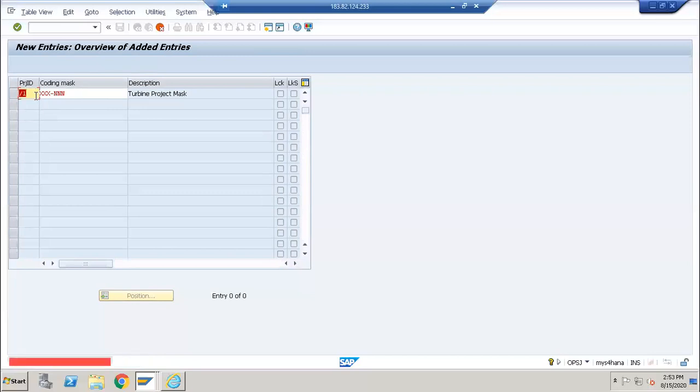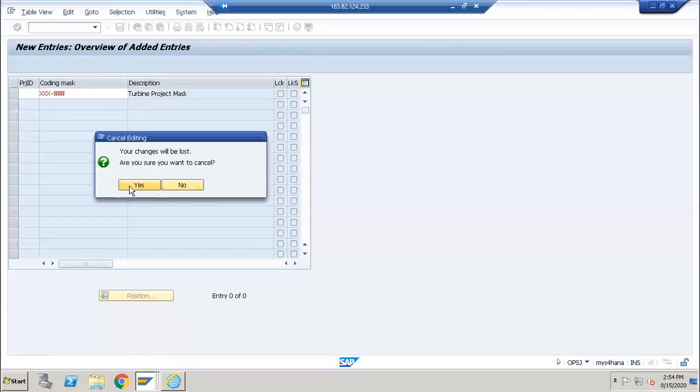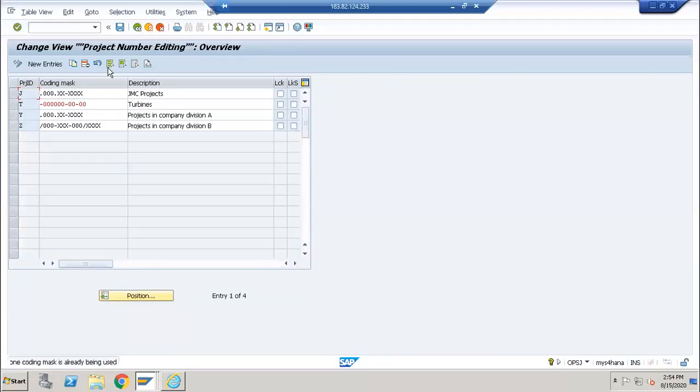So we will see why it is 2. So let me see the indicator again, structure project length.